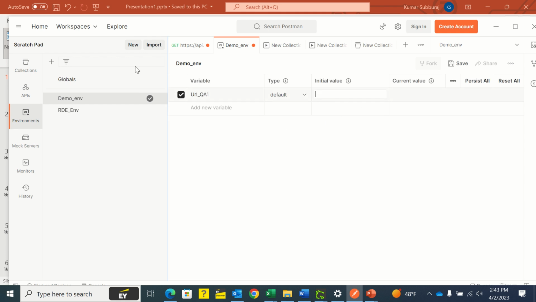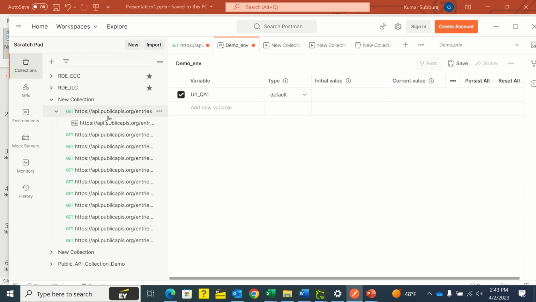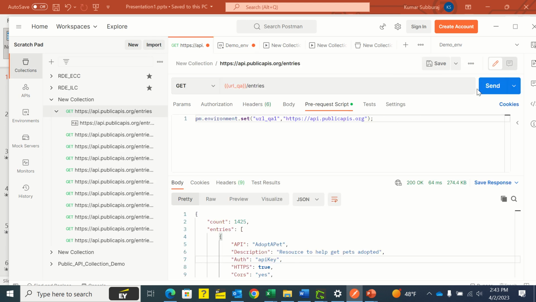So now the initial value. Now let's go back to your collection. If you set this, save this, send this, and now in the demo environment, if you go here,